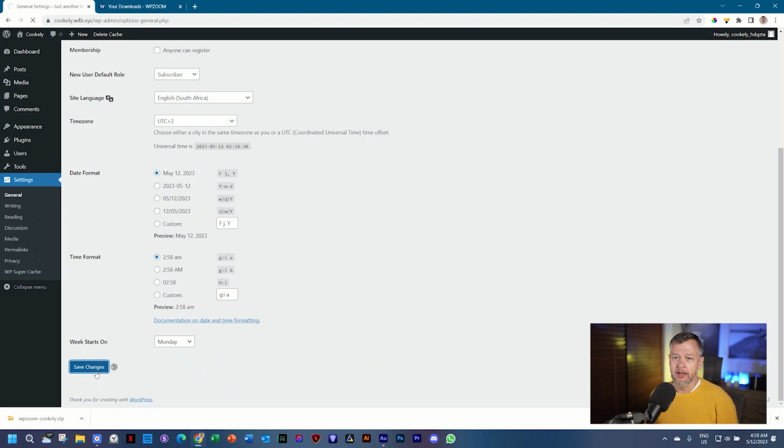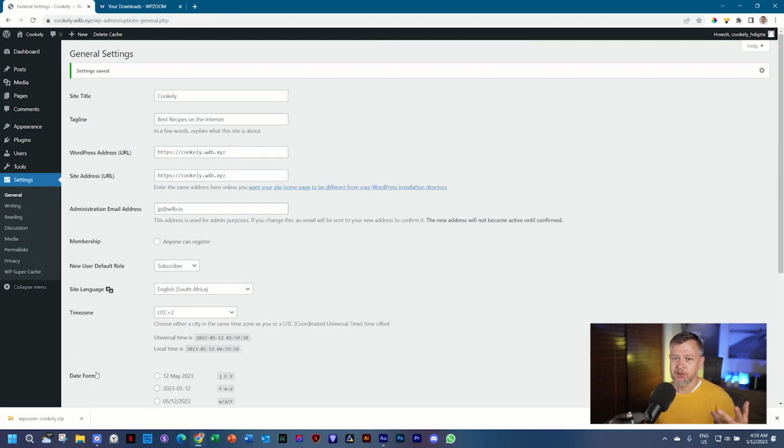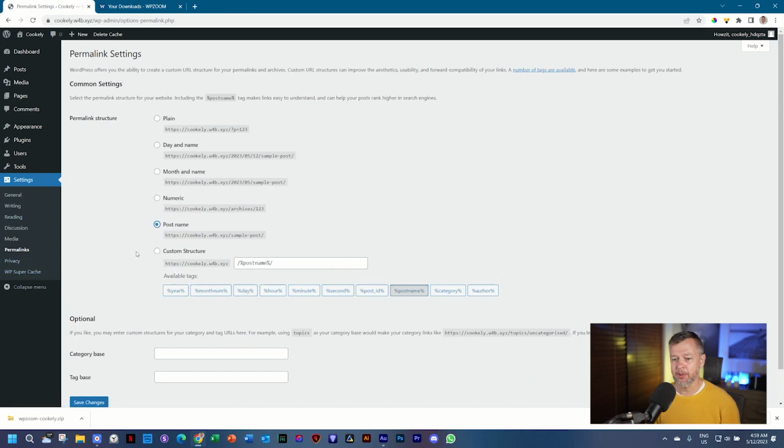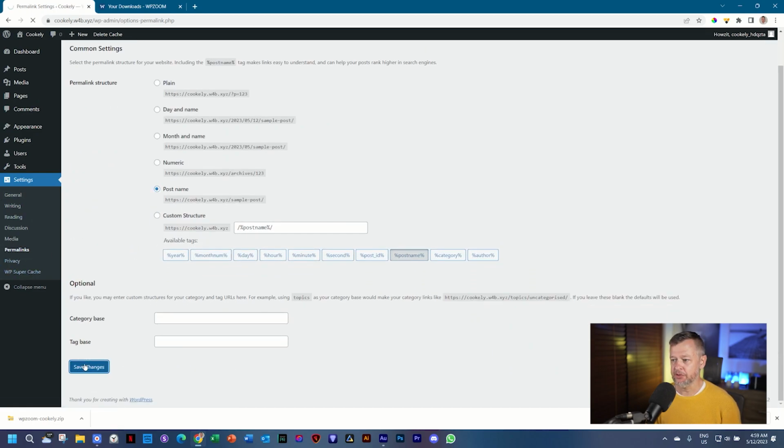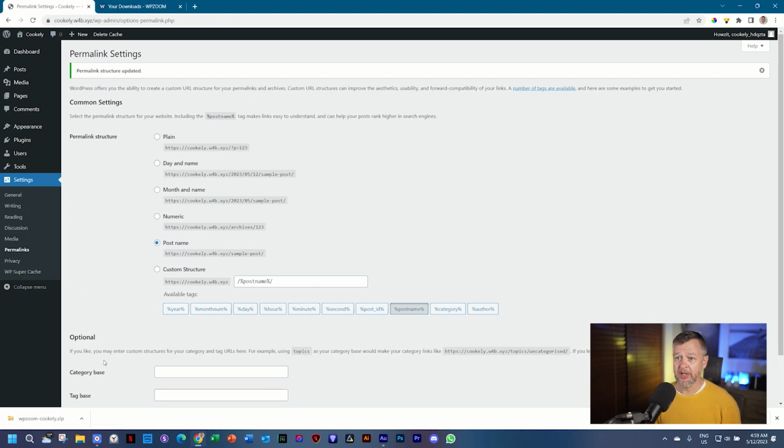Save the changes. And my 3Ps is posts, pages, and plugins. I'm skipping plugins at this moment. And then another P is our permalinks. So under settings, permalinks, and I'll put it here on post name and save changes. Now that we have cleaned up and set up WordPress, that was under 1 minute, let's go ahead and install